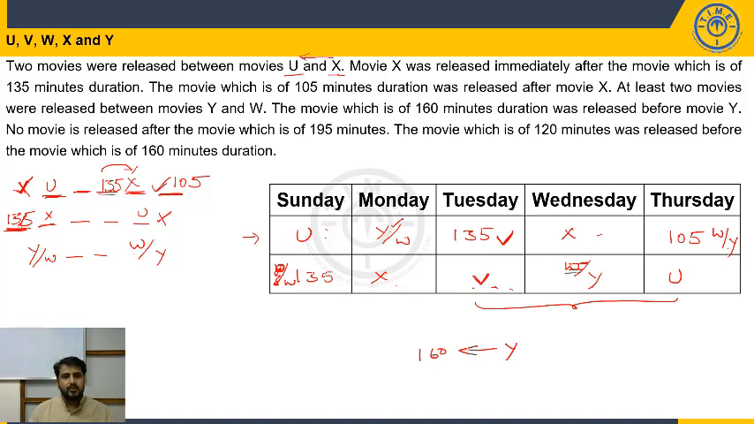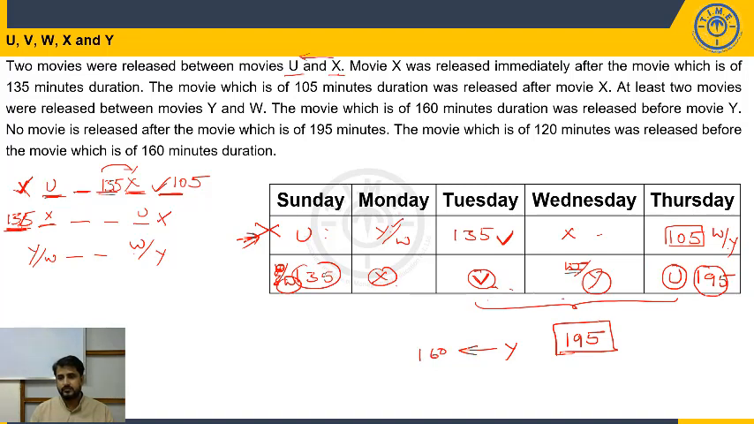No movie was released after 195. So no movie was released after 195 means 195 is the last movie to release. I mean, the movie which is of 195 minutes is the last one. But if you observe in case 1, the last one is the movie of duration 105. So this case is ruled out. Now I can say that here it is 195. So movies are fixed W, X, V, Y and U. And numbers 195, 135 are fixed. Now among these 2,